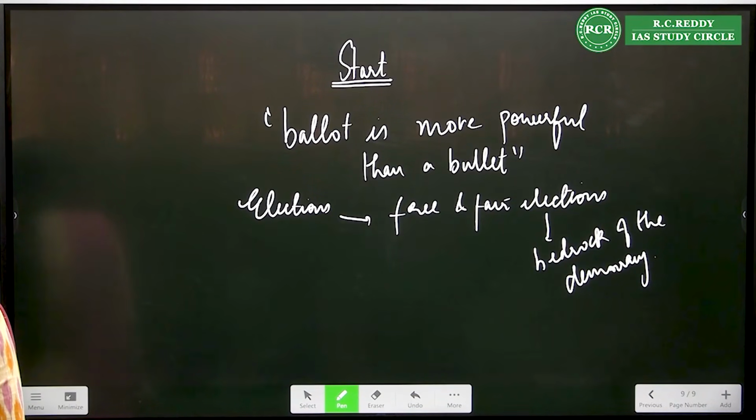So, this is a small context which you can give along with the quote we have discussed. Tomorrow I will give you another introduction in the form of a short story, which you can write instead of this. So we'll continue from tomorrow.